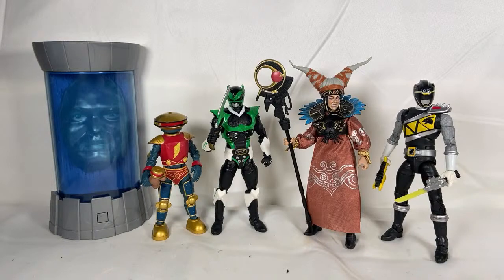I don't really agree with raffles. If you're going to do a raffle and you're going to pocket the money, I personally think ethically that's not the right thing to do, especially when we're talking about a $20 figure and people are spending $8 to $10 per raffle ticket. Unless the proceeds are going to something like a charity or someone in need, I don't ethically think it's right to do that, but people are going to do whatever the fuck they want because they're selfish and that's what they want to do. You know,